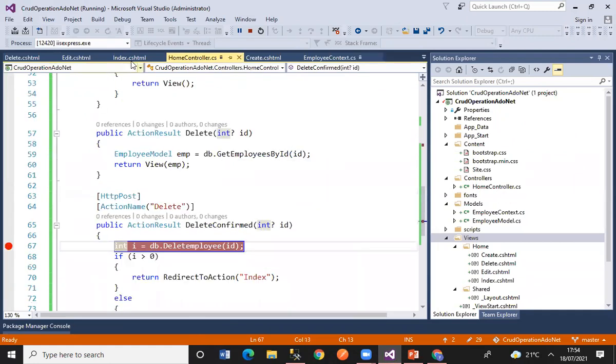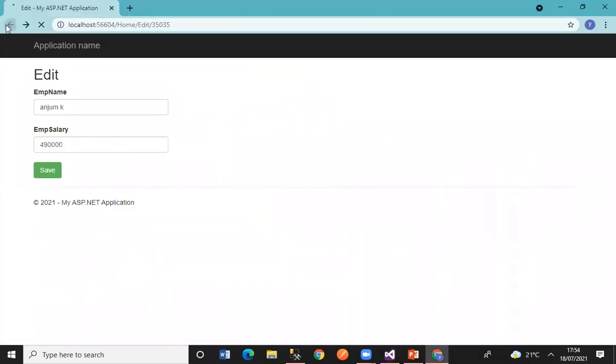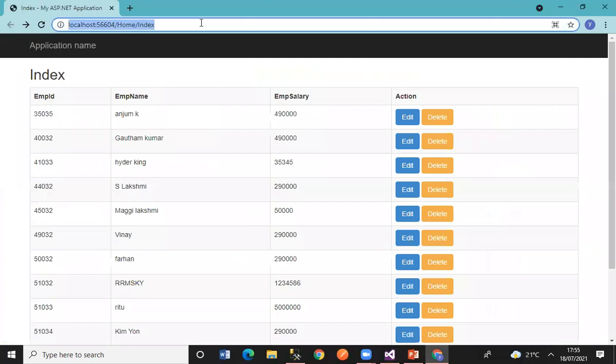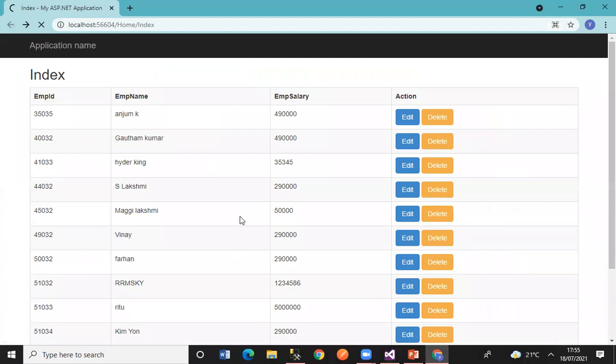We'll go to the index page. In the index page, we have written the edit action method here. So this is the mistake we have done. So we will write delete here, and we don't need to stop debugging. We can refresh and reload this. And when I reload it and click on delete, it will go to the delete method only for us. Okay, so that was a simple mistake which we have done. We just forgot to change the action method name here. We have changed it now, right?